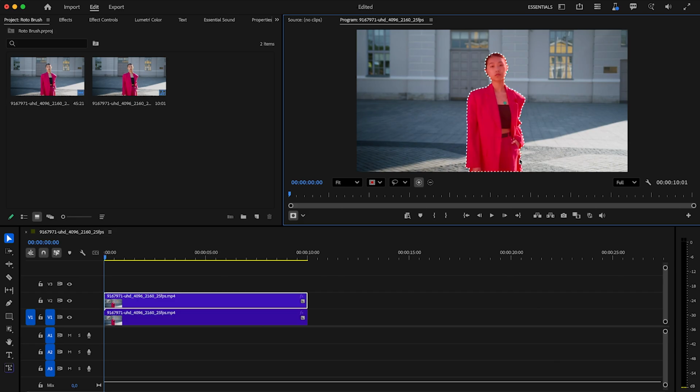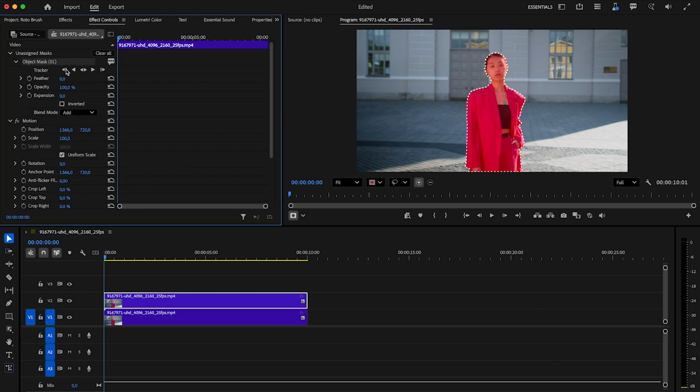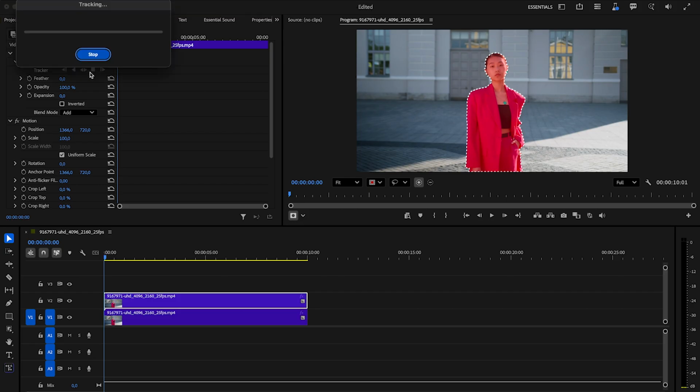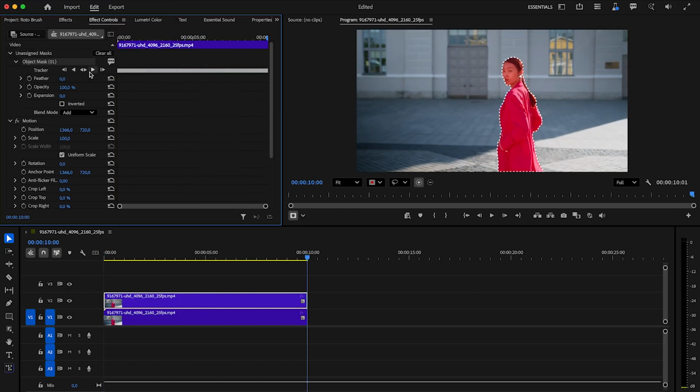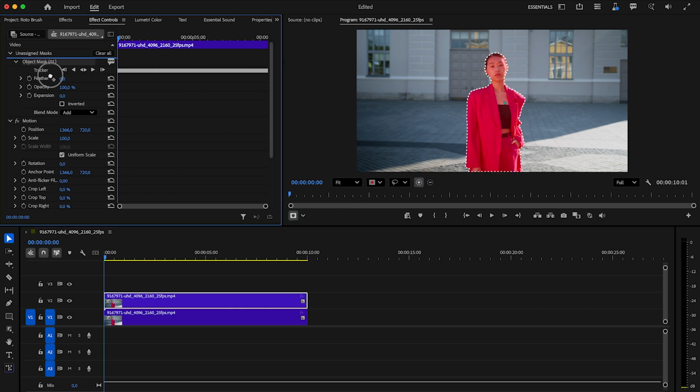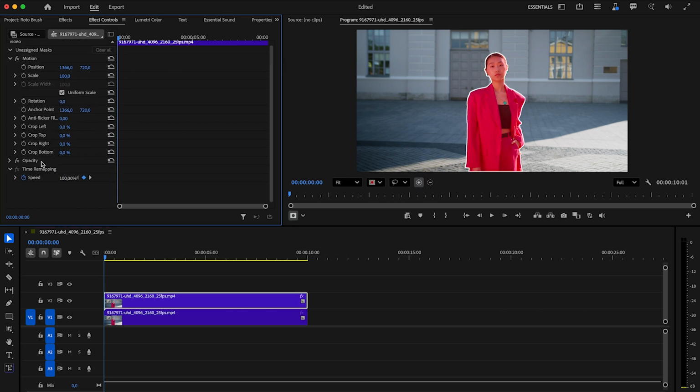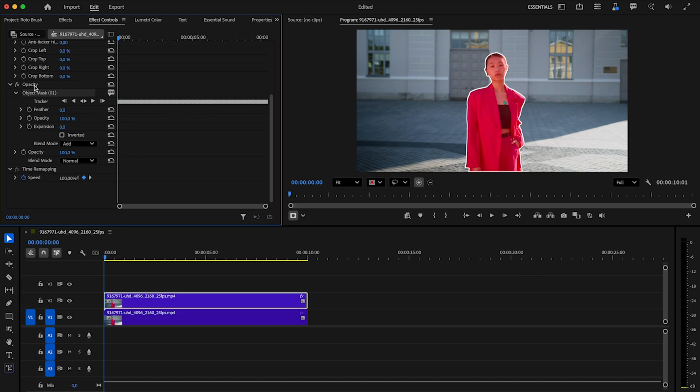Premiere Pro will recognize it automatically. In the effect controls, you'll now see an unassigned mask. Click on it and then hit the tracking icon to start tracking the object. Once the tracking is done, drag the unassigned mask to opacity in the effect controls. This applies the mask to the opacity, so only the